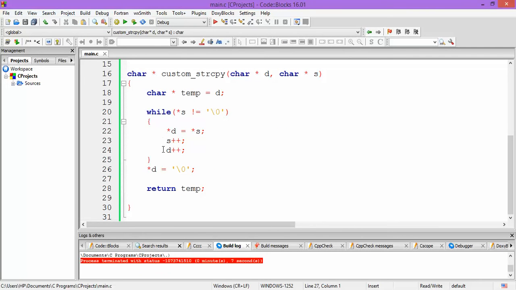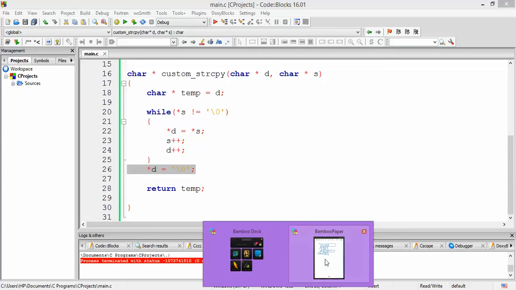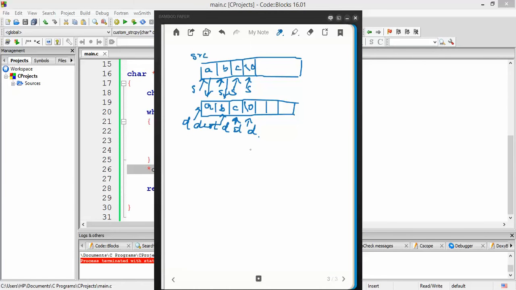Now we have used this while loop, and at the end we have to add this extra statement to terminate the destination array correctly. Instead we could have used a do while loop and done a little bit of manipulation in this code to accomplish the same task of string copy without using this extra bit of logic. This extra bit of logic is required only because when S points to this null character, D is pointing to this location, and we wanted to terminate this string correctly, so we had to copy this null character here.